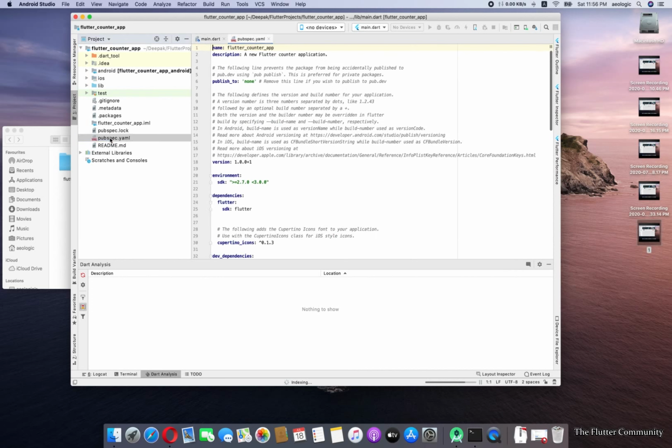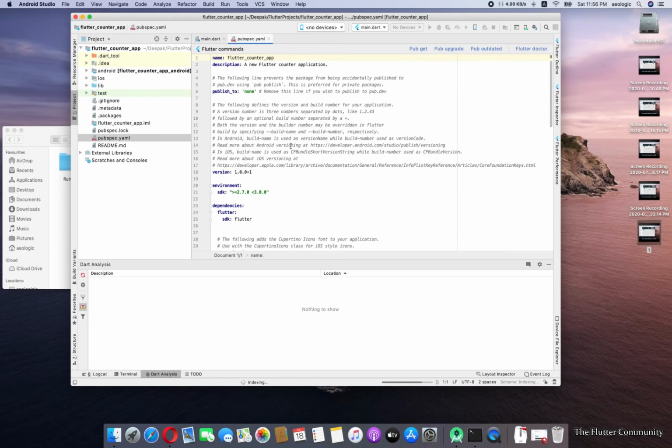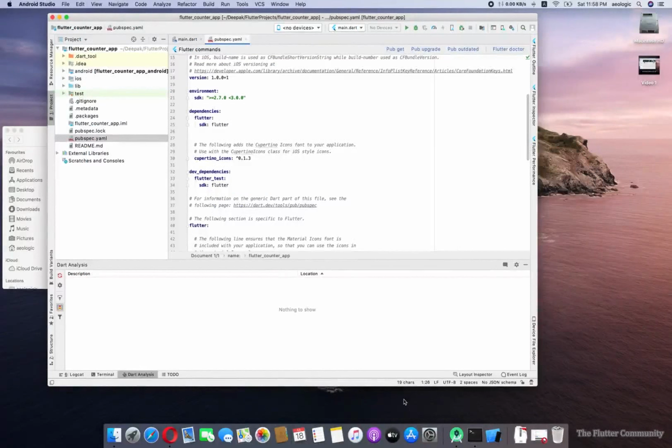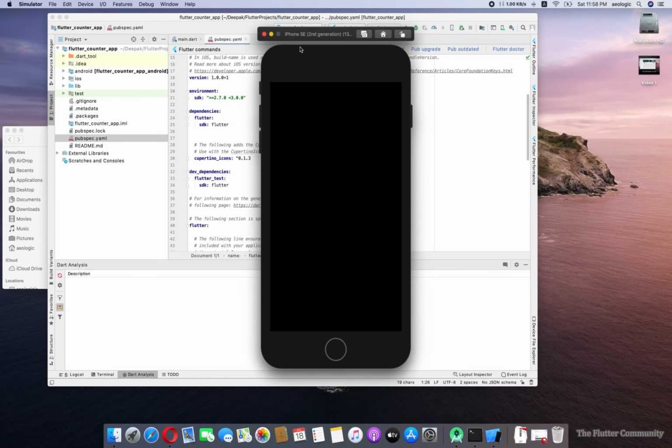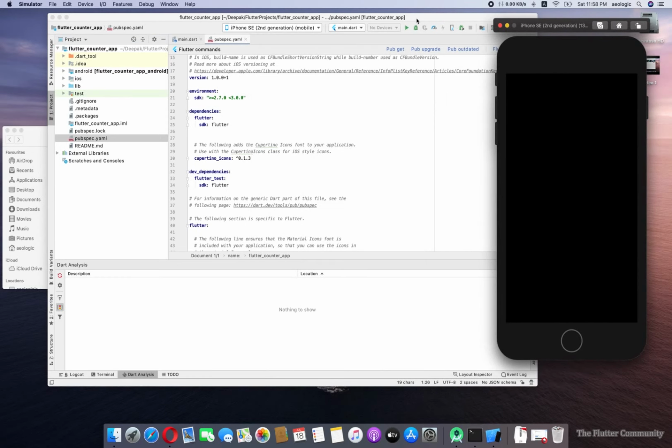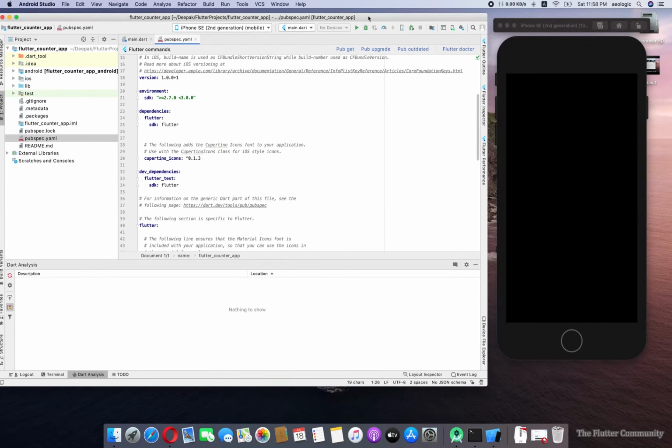And this is the base file, which we call the heart of the Flutter application. We have to connect our simulator or real Android device. So I'm going to use the iOS simulator. Now I'm opening the iOS simulator. It will take some time because I'm opening it for the first time.